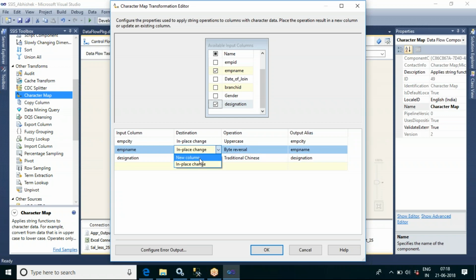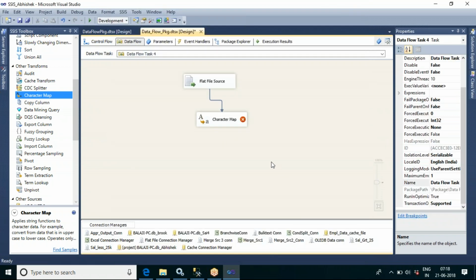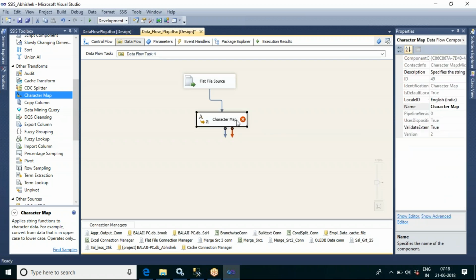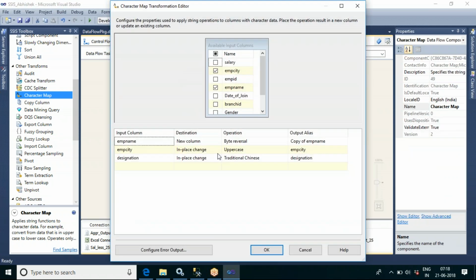So let me make this a new column. Let us see. It is not accepting that byte reversal change. So in place change uppercase new column. Let me delete this.